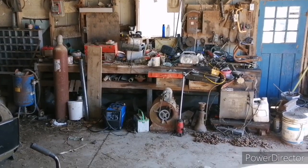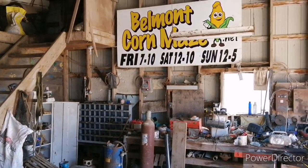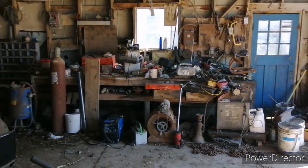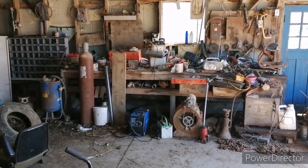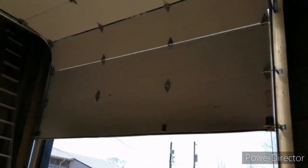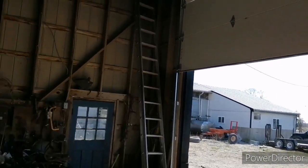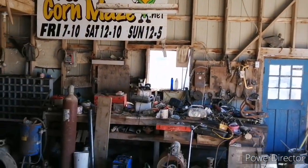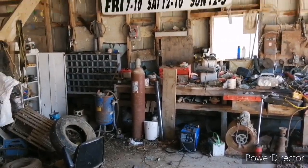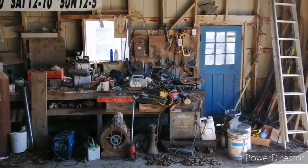This is our workbench. It's in our shop and it is a mess. Disorganized chaos. Can't find a thing. So now that we got this new roll-up door, which Mr. Tursa put up for us, he's pretty amazing, we need to clean this up. Organize it so that we can find tools and insulate this shop so we can work on stuff in the